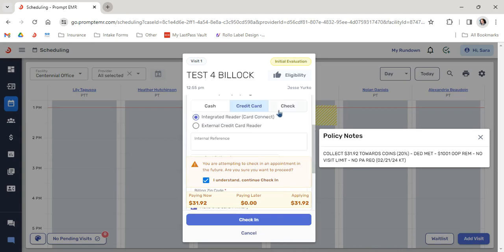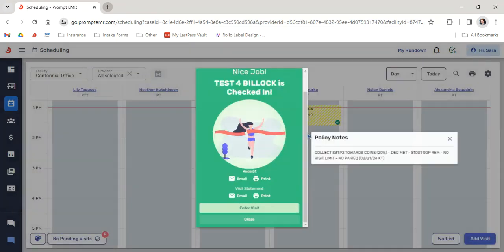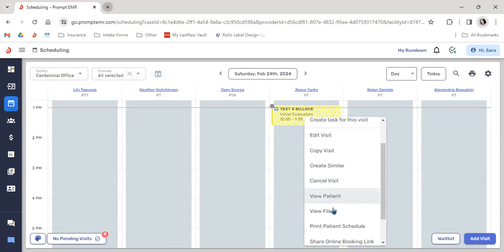I'm going to go ahead and do this as an external card reader just for the sake of being able to show how this will pop up with the visit. And the patient is now checked in. If we were to go into the patient's chart,